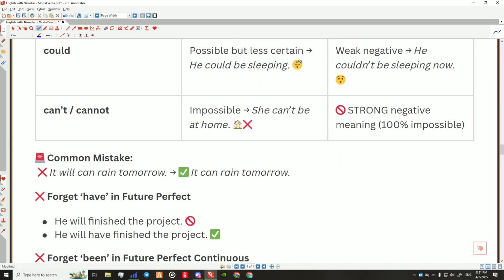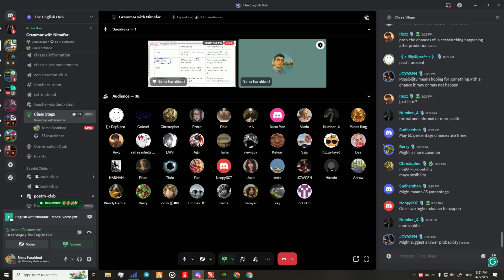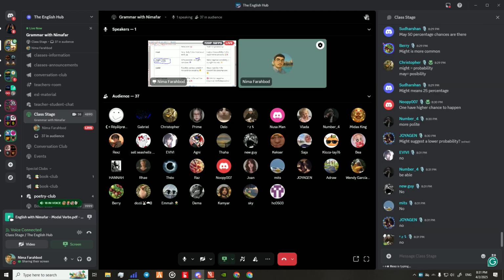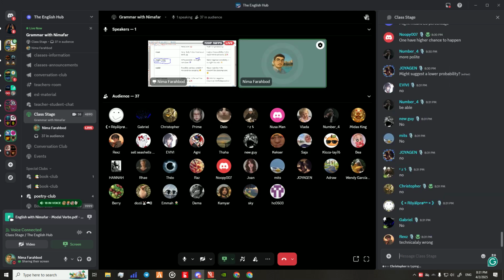And I have a question. Can we use some modal verbs in a sentence? Like I want to say will for future, can for ability, for example. Can I say "I will in the future can swim"? Is it correct? It means I will have the ability to swim in the future. Okay, what's wrong? Why? You're all saying no. Technically wrong.